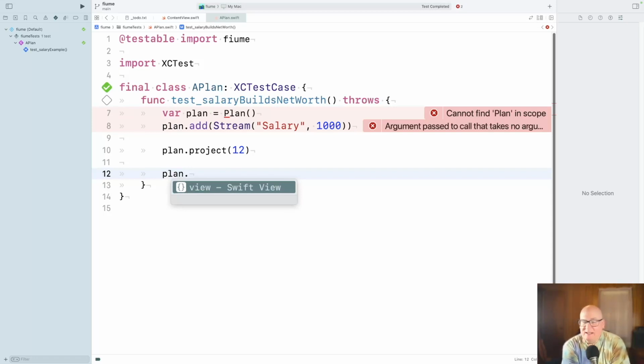Well, I think you have, let's say you have salary. Is the plan dependent on your salary? Is that the name of the amount? I think salary is a stream that's going to pay you $1,000 a month indefinitely at this point. And then I'm saying, what if we project out 12 months? Then I think what we should say, I don't know if it's savings.